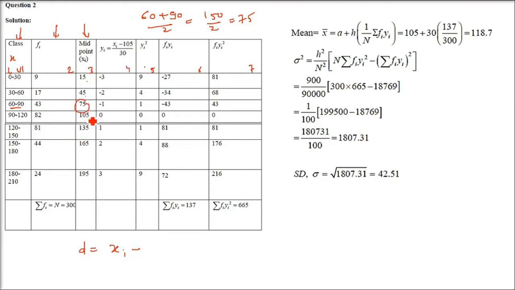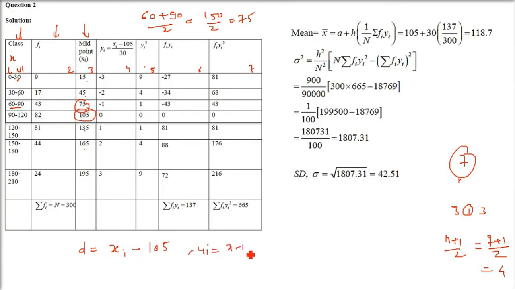So the central value we are taking, this is in ascending order. Take the middle one. In the 7 values, what you have to do, n plus 1 by 2. That is the middle value. If n is odd, then n plus 1 by 2. 7 plus 1 by 2 is 8 by 2, and what is 8 by 2? It's 4. So the fourth value you can take. 1, 2, 3, 4. So this 105 you have to take. So xi minus 105. So this is one step.